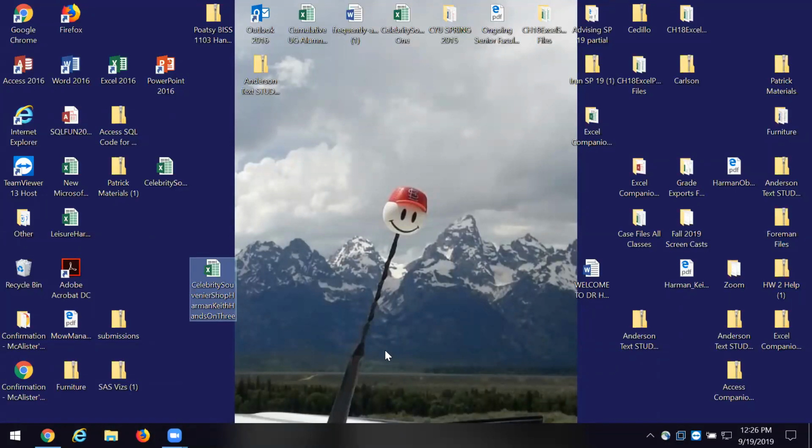So we'll be working on this file. We're going to rename the file that was Celebrity Hands-On 2. We're going to rename it Celebrity Hands-On 3, obviously, because we're working on this Excel Hands-On 3. Did that do it for you? Okay.